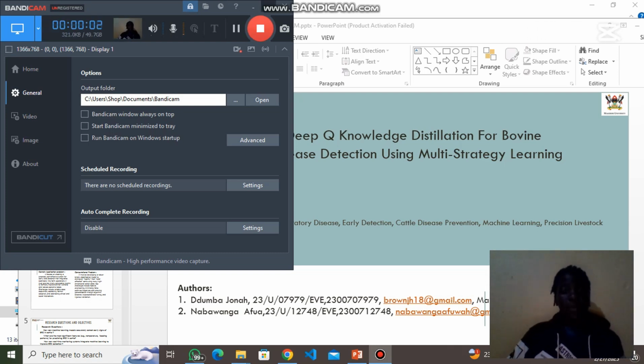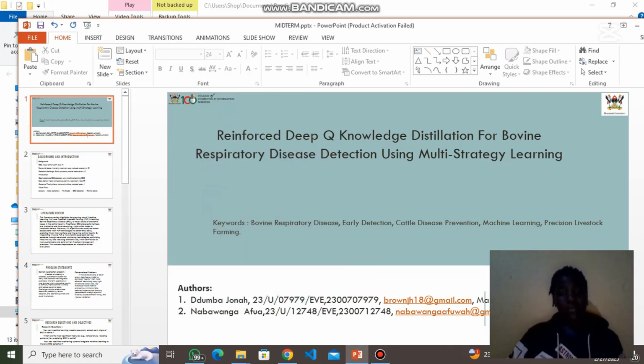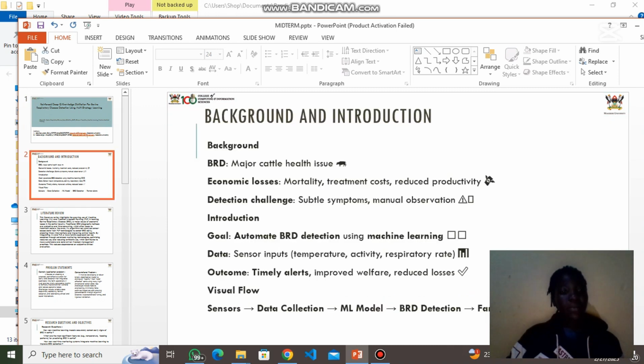My name is Nabawanga Afwa, and I'm going to take you through our project, which is called Reinforced Deep Q-Knowledge Distillation for Bovine Respiratory Disease Detection using Multi-Strategy Learning. So to go through the background and introduction, basically the background of this bovine respiratory disease, it